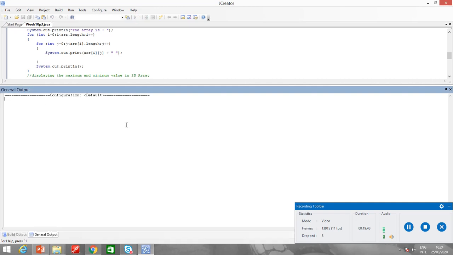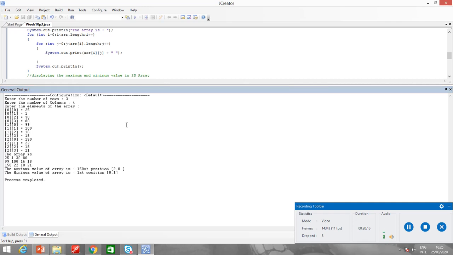Okay, so let's just take 3 by 4. Let me enter 3 rows and 4 columns. 3 by 4 means now I have to enter 12 elements. So 25, 1, 30, 80, 99, 100, 16, 18, 150, 22, 18, 21. So if you see, this is an array 25, 1,